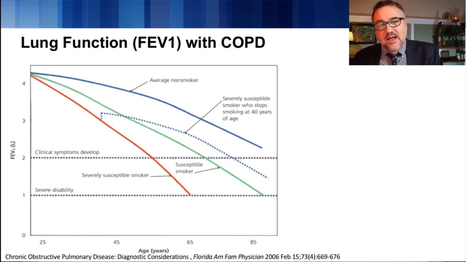If a person smokes, essentially what happens is the rate of decline increases. And what that means is that with a pack-a-day smoker, we will commonly see people hit symptoms in their 60s. If they smoke 2 packs a day, it'll be back in their 50s. People will start getting symptoms a little earlier, but at some point, they'll develop symptoms. Now, there is a genetic susceptibility that can occur when a person is smoking that will lead to a much more rapid decline in pulmonary function in smokers, and that's shown by this red line. Those folks will develop symptoms in their 50s, and you'll see those in your practice.